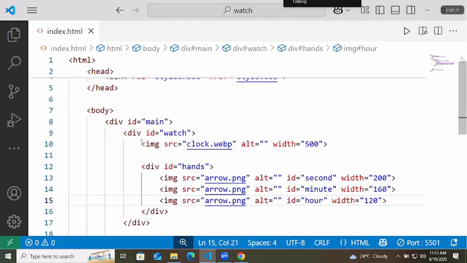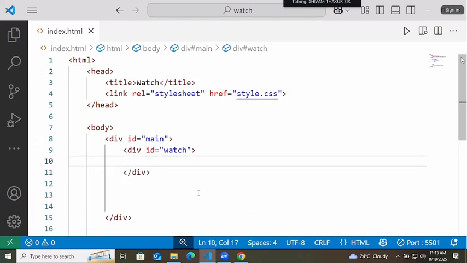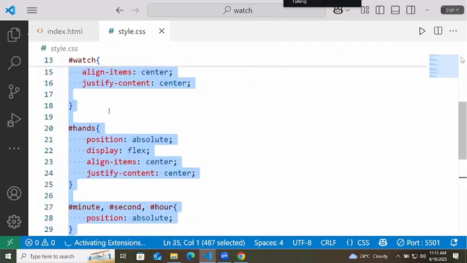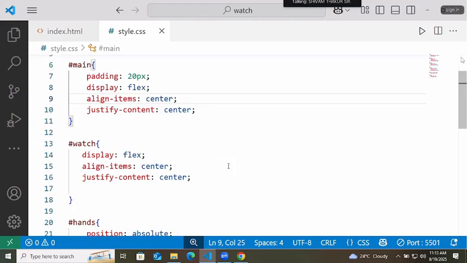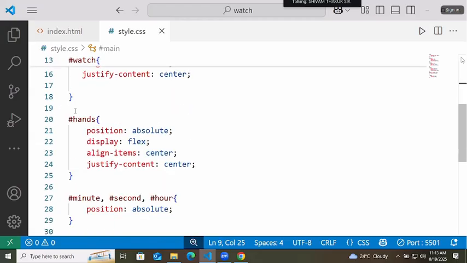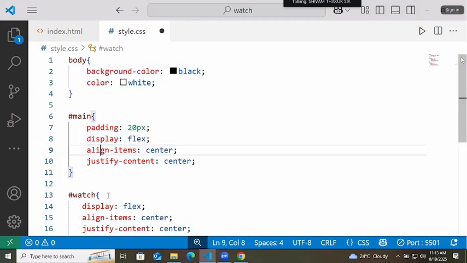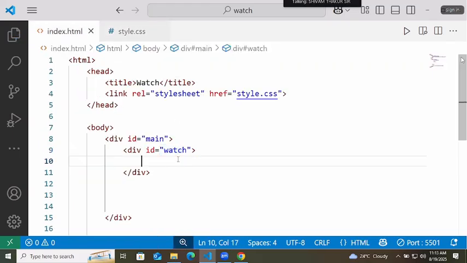So remove these stuff. Here we just have a main div and a watch div. To this main, same thing: padding, display flex, align-items center, justify-content center. Rest of all the things I will remove. And here we have a watch div.